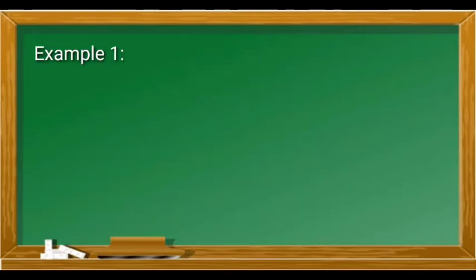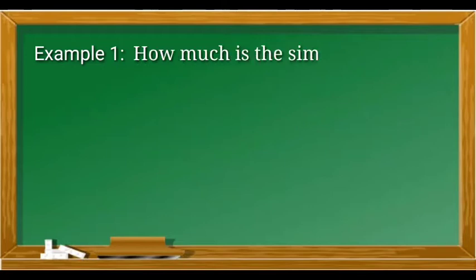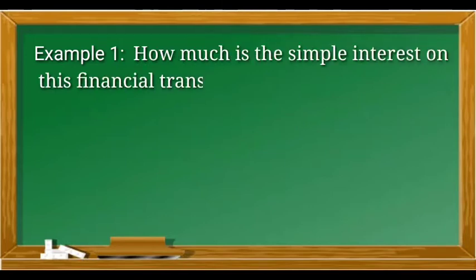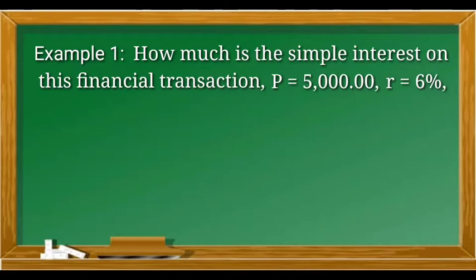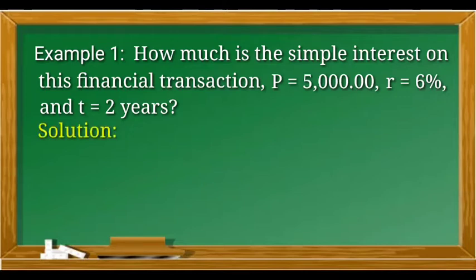For example, how much is the simple interest on this financial transaction? P equals 5,000, R equals 6%, and T equals 2 years. Ang gagawin lang natin, isa-substitute natin yung given values sa formula. Sa pag-solve ng problem, kailangan nating i-convert yung percent into decimal form. Ang 6% ay equivalent to